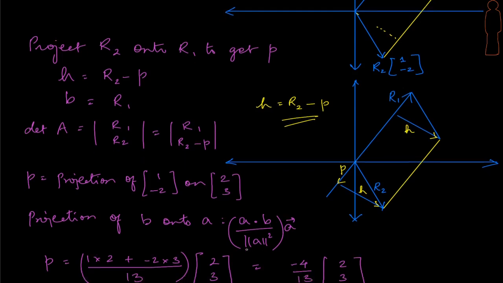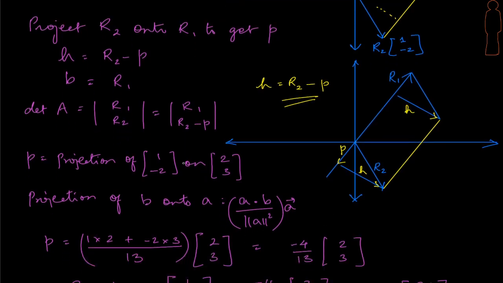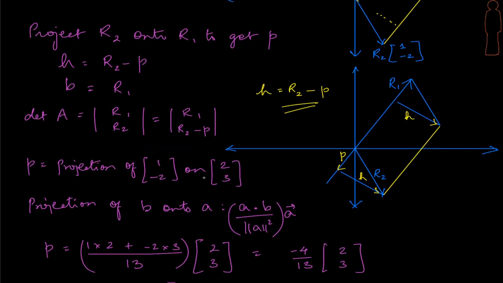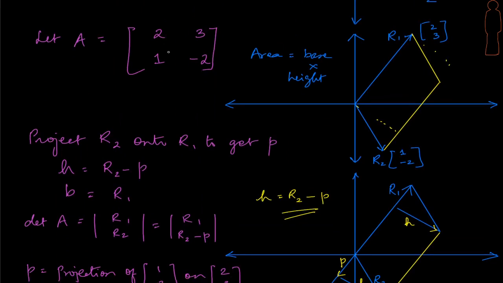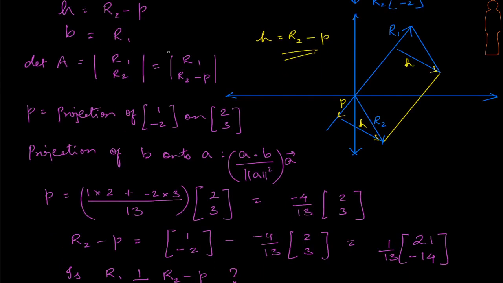Let's take a look at what's the projection vector we get for this example. We are projecting the row 2 on R1, right? Look at the matrix. It is 2, 3 and 1, minus 2. 1, minus 2 is projected onto 2, 3. That's the idea. So here is what we have. When I do that, I get 4 minus 4 by 13 times this vector 2, 3, which is definitely in this direction of R1 or in its opposite direction, right?